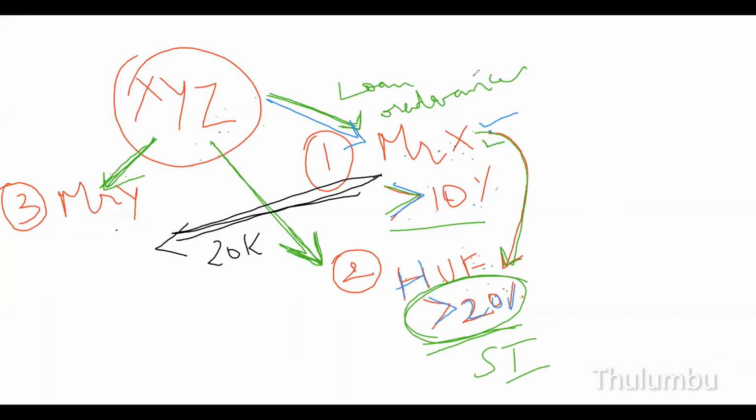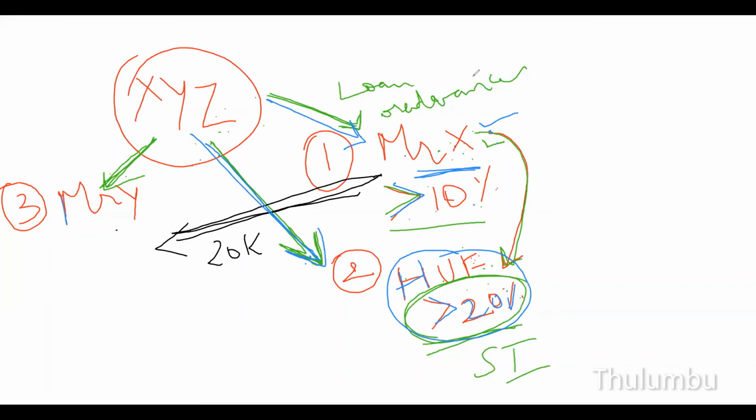It can be an HUF or a firm, anything. If the company gives a loan to that HUF, then the loan amount will be considered as deemed dividend for Mr. X. And the last scenario,